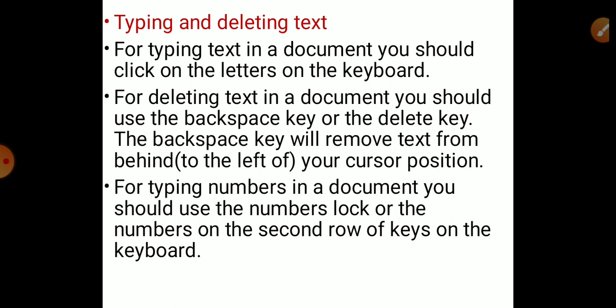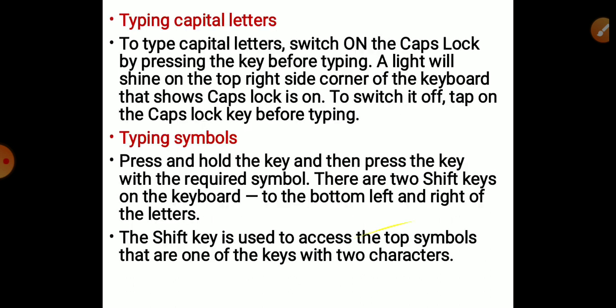Typing and deleting text. Already I told you how to type text in a document using the keyboard and delete text using the backspace and delete keys. Also I explained it clearly. You can type numbers using the numeric keypad, and capital letters using the caps lock button.